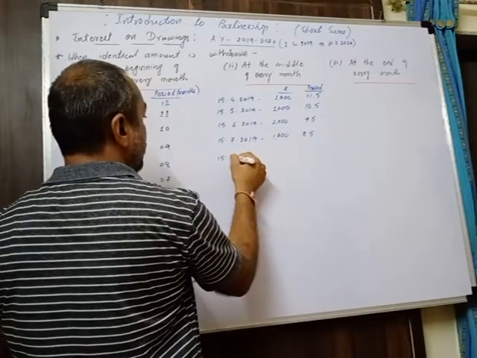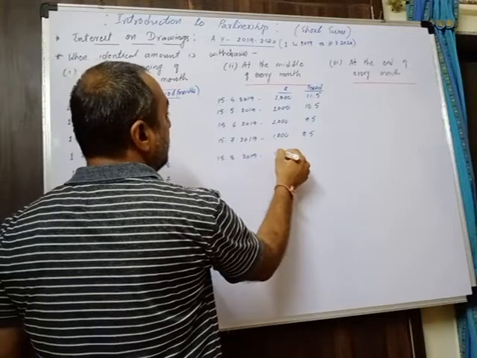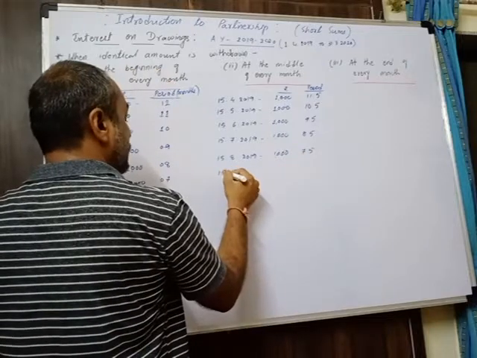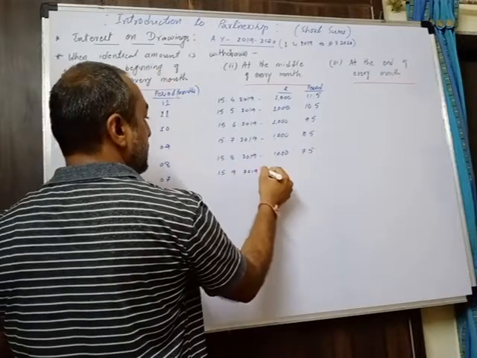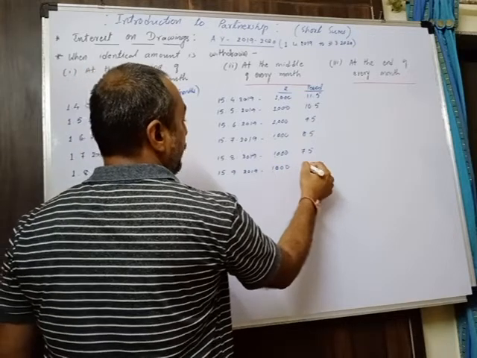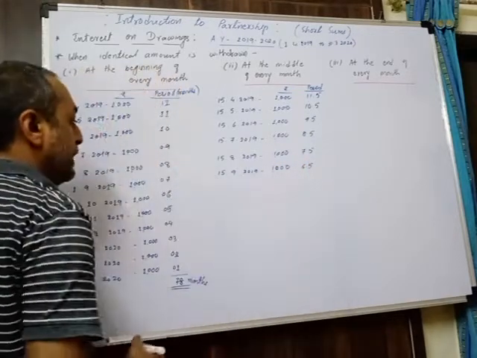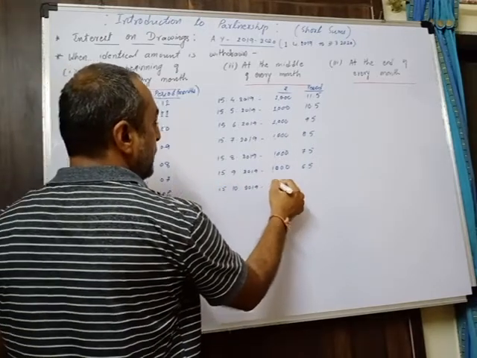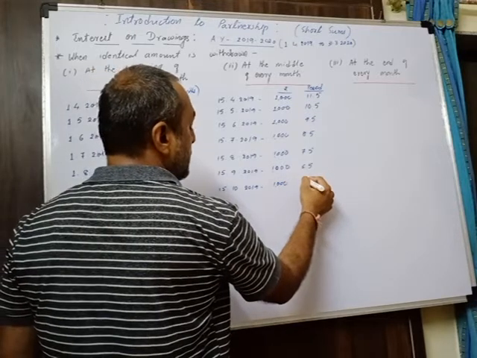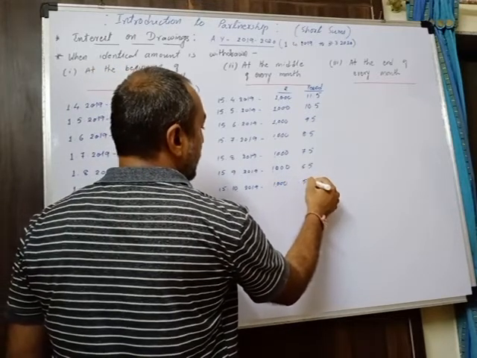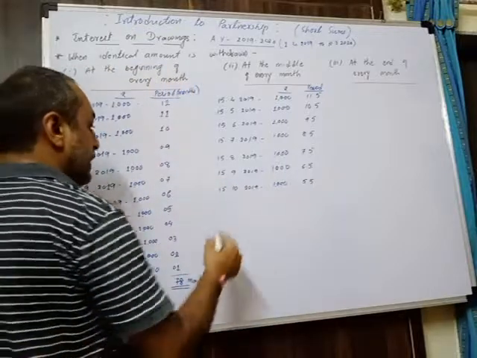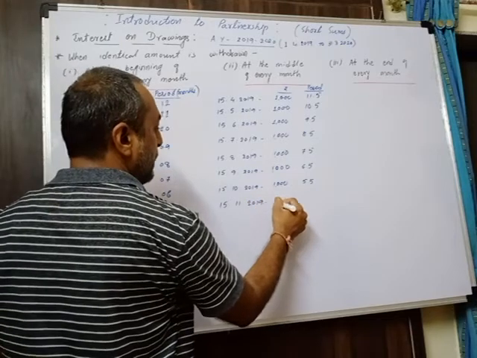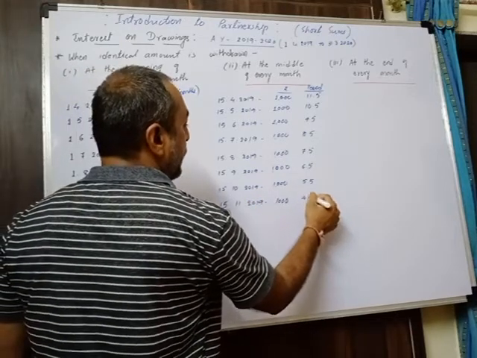Then the next drawings will be 15/8/2019. Period for this will be 7.5. Next drawings will be 15/9/2019. Period for this will be 6.5. Then next drawings will be on 15/10/2019. In short, every month on the 15th he is withdrawing the same amount of money, and accordingly we are calculating the period for interest calculation, that is 5.5. Then next will be on 15/11/2019, which is of 1000, that is 4.5 months.